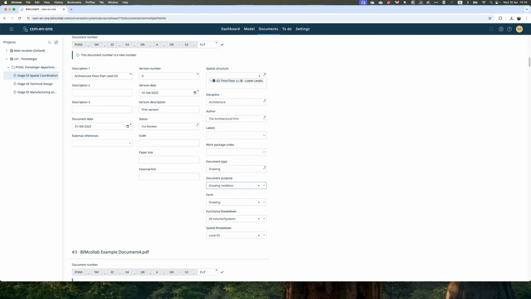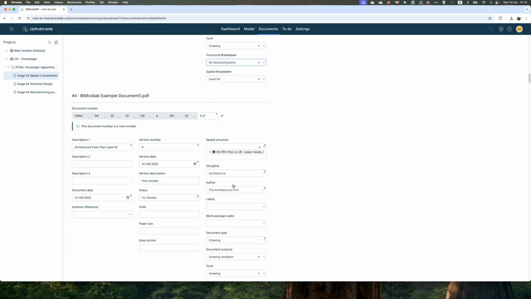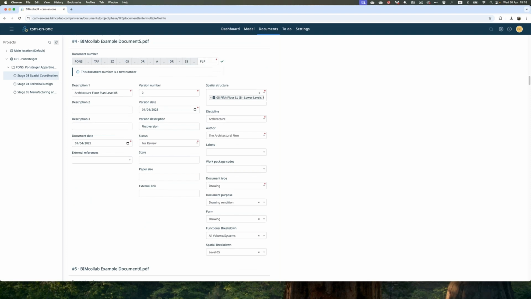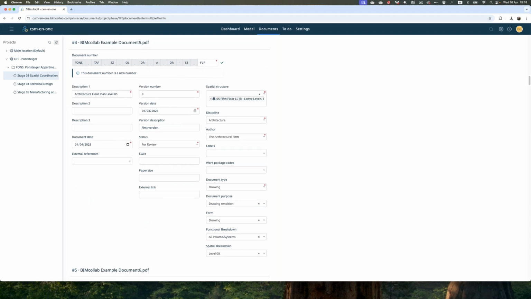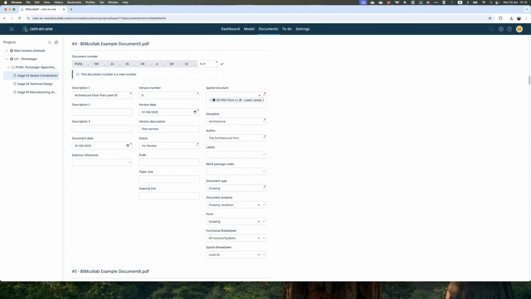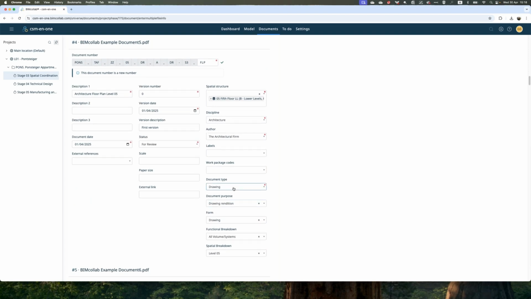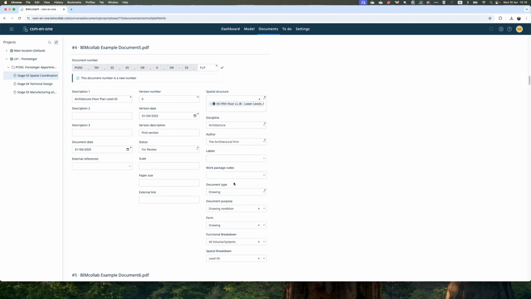So here's just a checking process to see if everything's okay, and if I want to add something extra, but everything is already filled in. All I have to do is confirm. And also for that specific project, I have a document naming convention in place. And as you can see, my document number, or the document naming within our system, is already generated through the